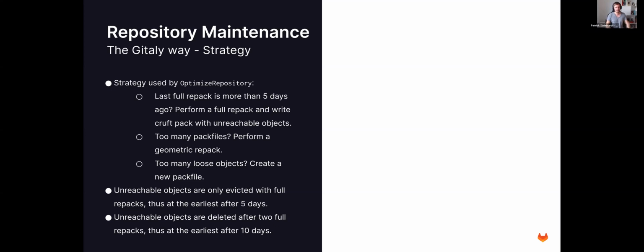And this means that 5 days is the minimum amount of time before we actually label an object as unreachable and put it into a Cruft pack. And then to actually delete such an object from the repository, we will have to wait another 5 days because it needs the second full repack. So together, this means that in order to delete an unreachable object, it takes around 10 days,